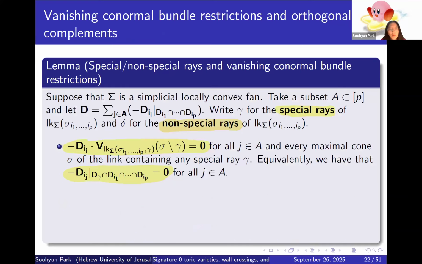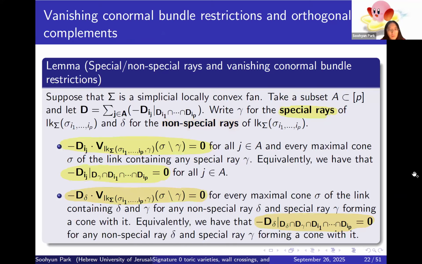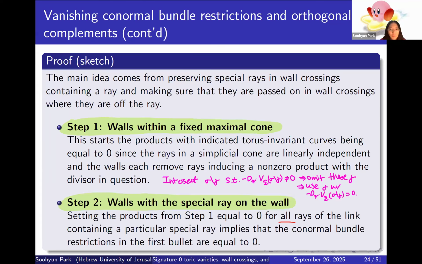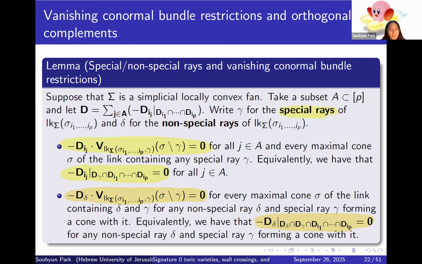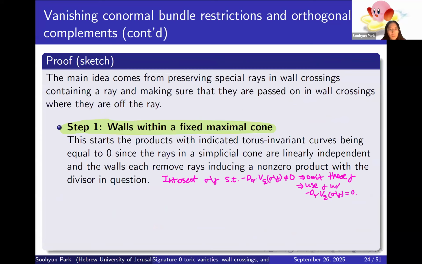Like the fact that if you have the intersection of some divisor with any torus invariant curve being 0, that implies that the divisor is 0. And applying that to this restriction gives you the second highlighted thing. So that is what we get from the first two steps. And then the third one, that looks kind of odd, I guess, is